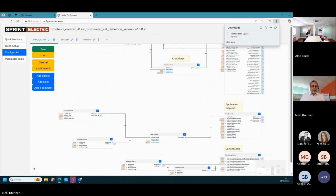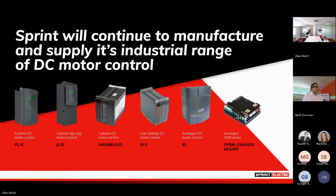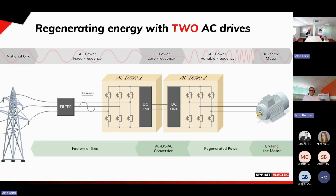Okay, that was a quick demonstration of the block functioning. Okay, so zooming on,